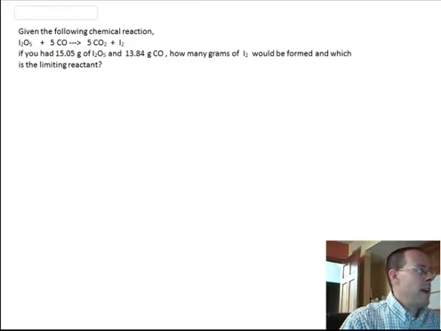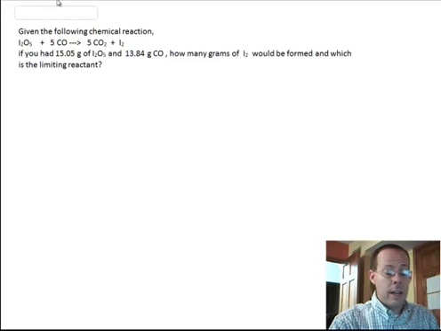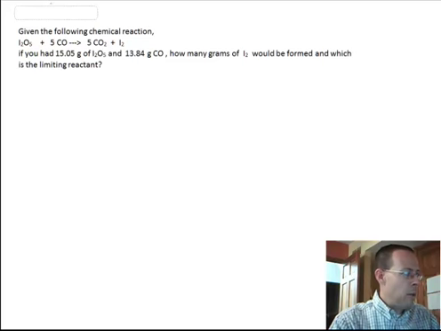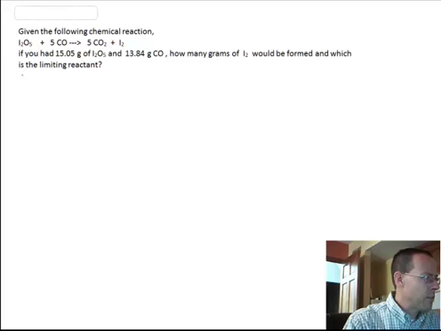Alright, so our reactants, remember, are the things on the left side of the arrow. So these are our two choices for limiting reactant. And the way we're going to set the problem up, if you saw the first podcast about s'mores, graham crackers, marshmallows, chocolate squares, well, we have really two different things we can react. Alright, so we're just going to set this up as fence and rail, and we're going to go from gram to gram. So the first thing we're going to do is start with